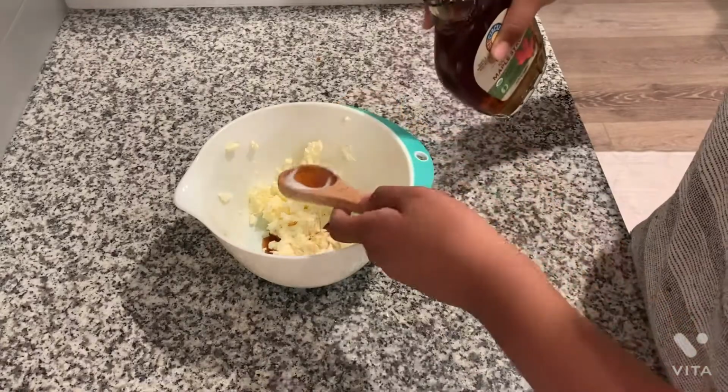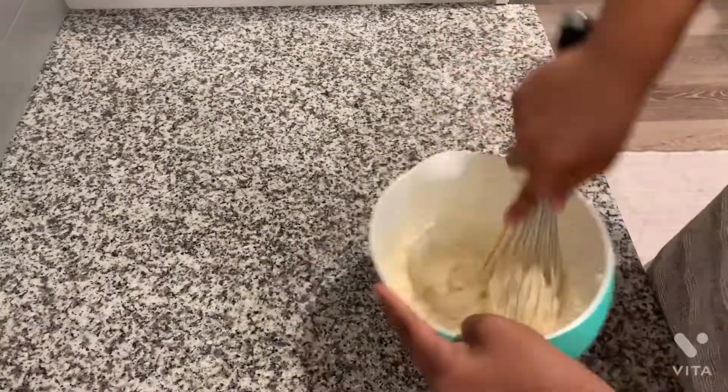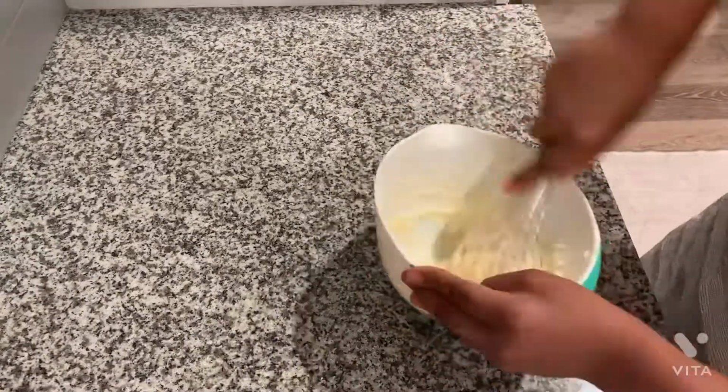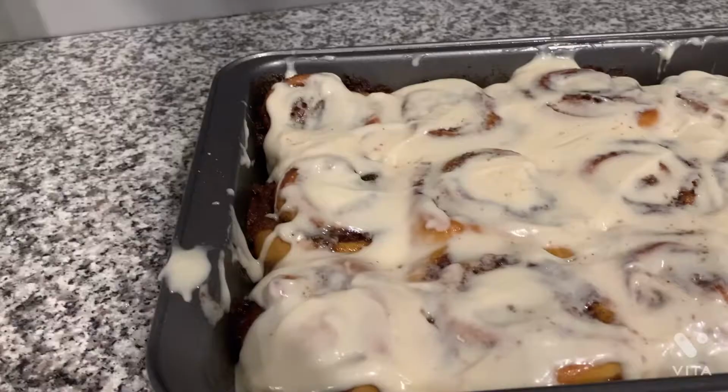syrup. Once you've done that, you're going to go ahead and stir it up just so it makes it a little easier once you add your powdered sugar. Then stir that up again until it's nice and creamy. Then you're going to pop the cinnamon rolls out of the oven and cover them in glaze, or you can